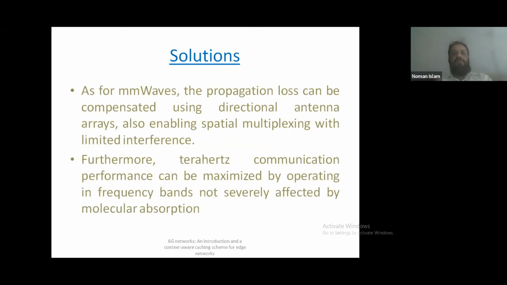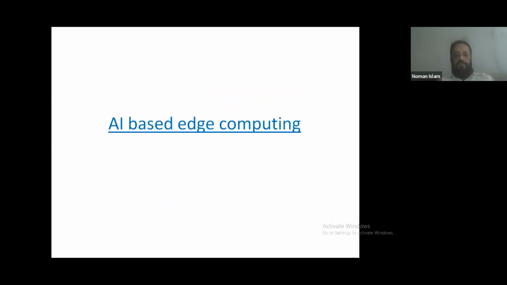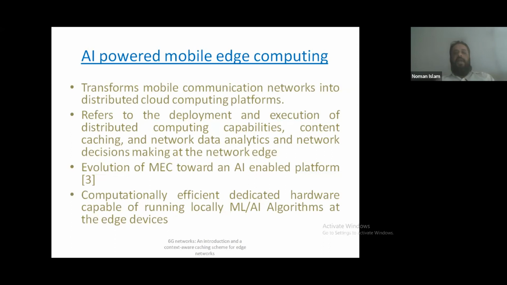Some of these problems can be addressed. For example, the propagation loss can be compensated using directional antennas. By using directional antennas, we can transmit the data to a larger distance. So the focused beam can be transmitted to a larger distance. And similarly, there are certain terahertz bands that are not affected severely by molecular absorption, so we can transmit in that band. Then finally, edge computing